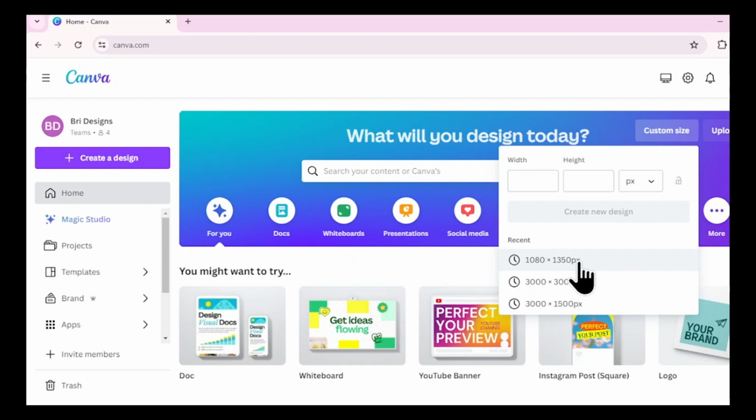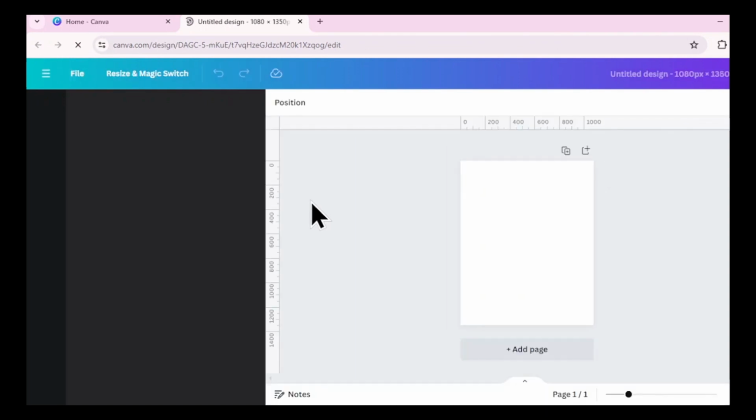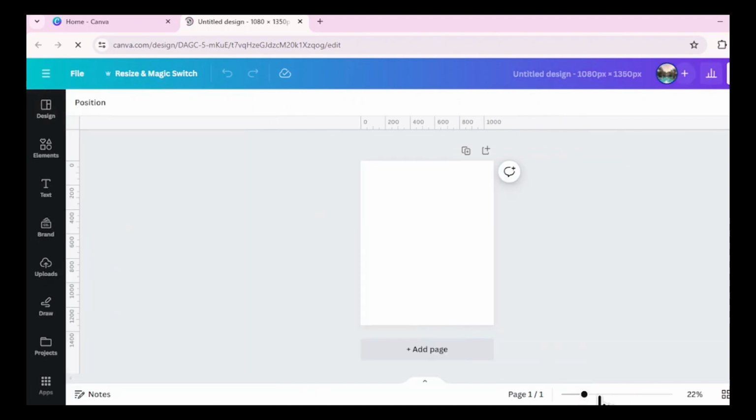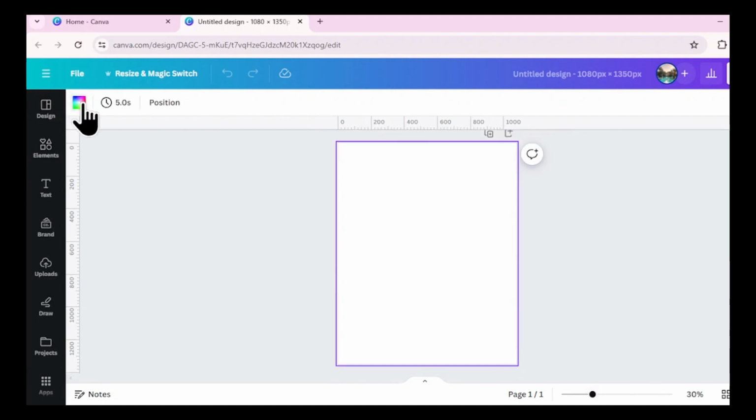So let's see. The size that I'm going to choose is 1080 by 1350 pixels. Now, that's equivalent to the Instagram portrait. So that's the one that I'm going for. That's my go-to design. I love a good portrait size layout. I do squares now and then, but it's not my favorite thing to do. Okay. So let's start off with